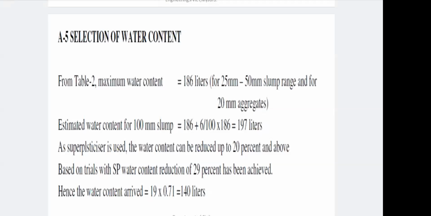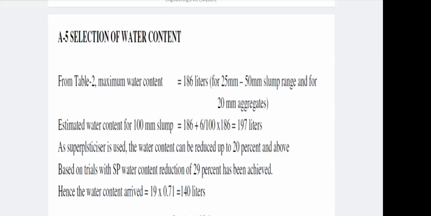We already know that for every 50 mm variation we need to increase our water content by 3%, and for 100 mm variation you need to increase your water content by 3 plus 3, that is 6%. But if you are given a workability of 75 mm slump, then also you need to increase your water content by only 3%. Why? Because the water content varies by 3% for each 50 mm slump range.